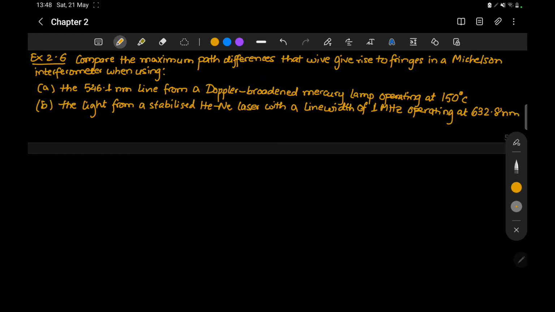So in this question we basically have to find out the coherence length, because in any given interferometer